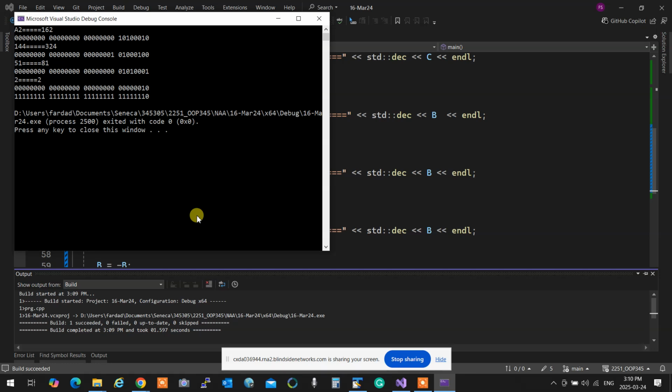Invert everything and add 1. Now, if you invert everything, it becomes 1, 0, 0, 0, 0 to the end, right? Add 1, becomes 2. Goes to the next one. You see what happens? So the negative value of any number is inverting and adding 1